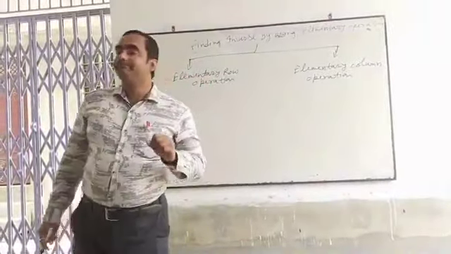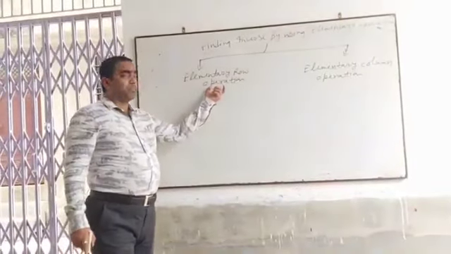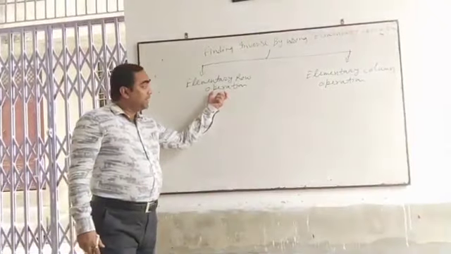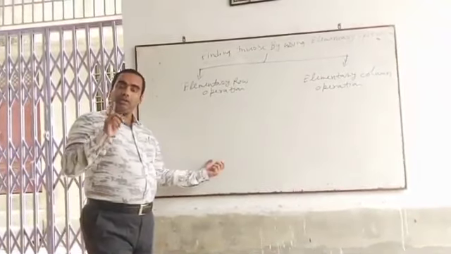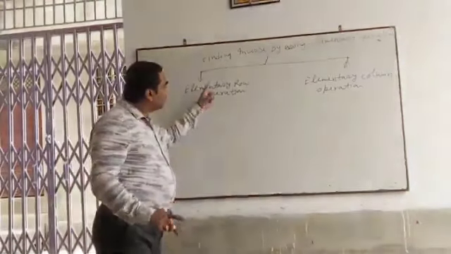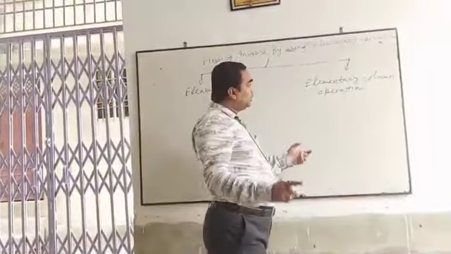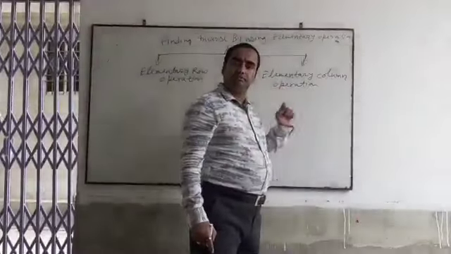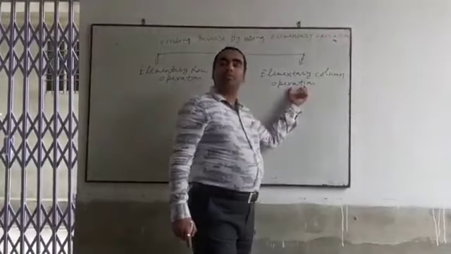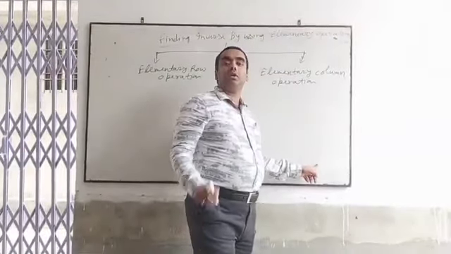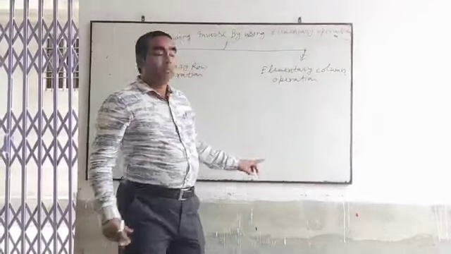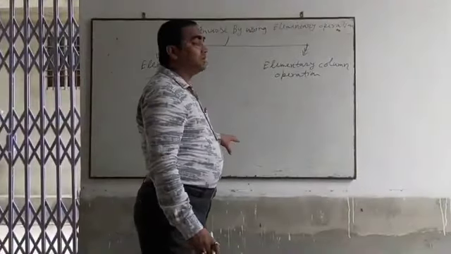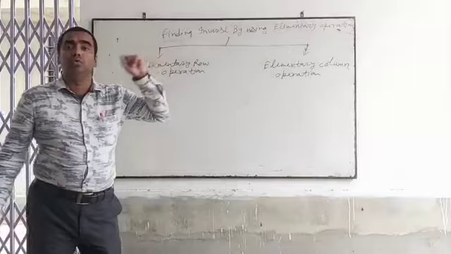Now listen carefully. If you are going to use the row operation to find out the inverse of a matrix, then from beginning to last, in each and every step you are going to use only row operation. If you want to use the column operation, or it is given in your question to use column operation, then till last you are going to use only column operation. Means we are not going to mix up the things. Row operation and column operation we are going to do separately.